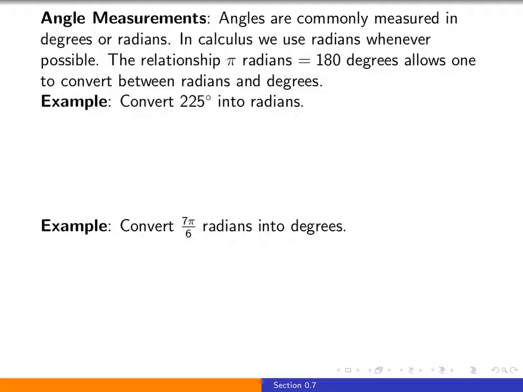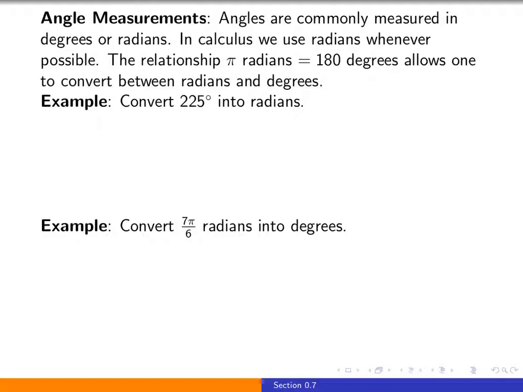In this video, we will introduce ideas related to angle measurements and how we define the trigonometric functions. Now, in general, angles are commonly measured in one of two ways, using either degrees or radians. However, in calculus, we will use radians whenever possible. And the key relationship that pi radians is equal to 180 degrees allows us to easily convert between radians and